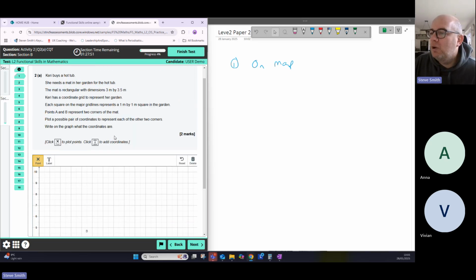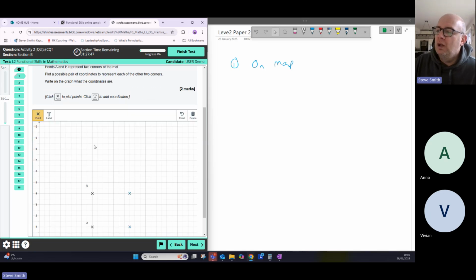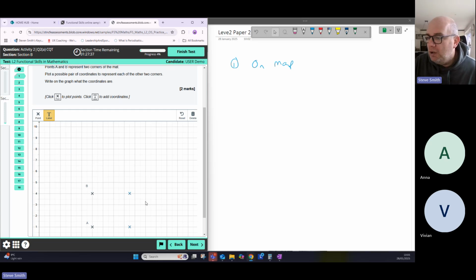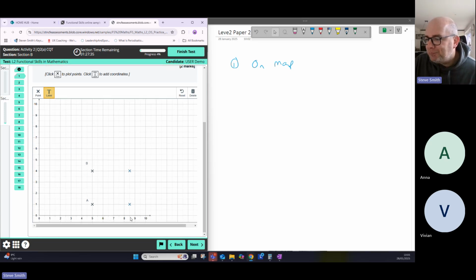Does it say label the coordinates? All right, write on the graph what the coordinates are. Okay, so we can't label it C and D. We've got to label them with what the coordinates are. So can we write? Oh my gosh, can't see that now. That's bizarre, isn't it? Right, so we're going to write on here